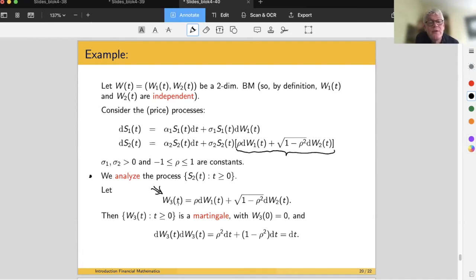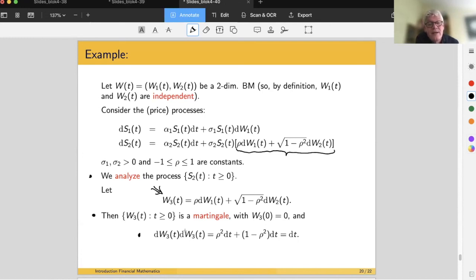It is equal to rho dW1_t plus the square root of 1 minus rho squared dW2_t. And then W3_t, t greater or equal to 0, is a martingale with W3_0 equal to 0, right? We see W1_0, W2_0, and moreover